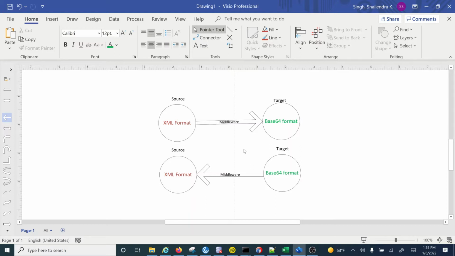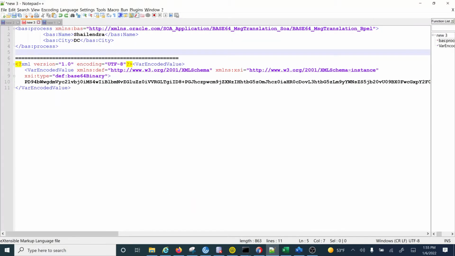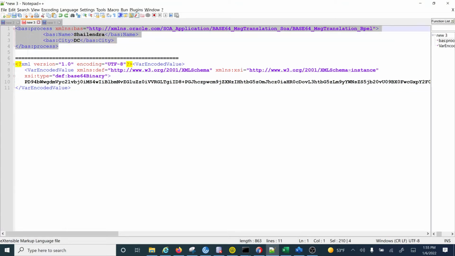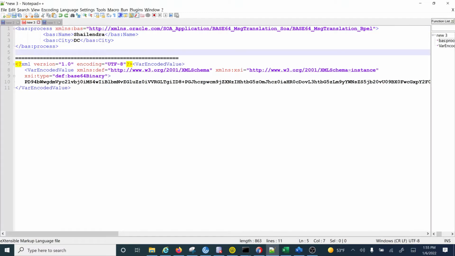So I will explain what the XML format is and what the base64 format is. Let's take this as an example. This is a very small XML file where I have taken two elements only.